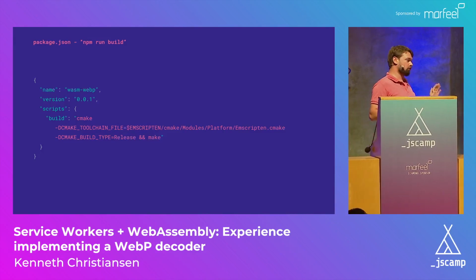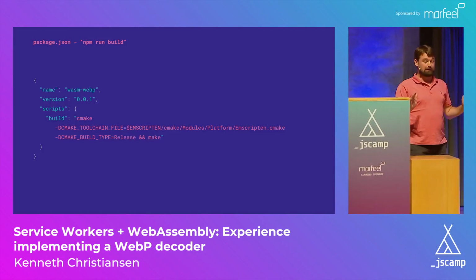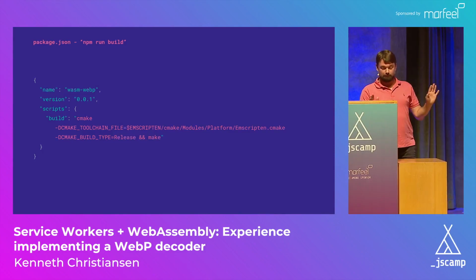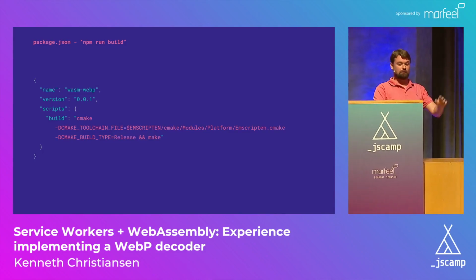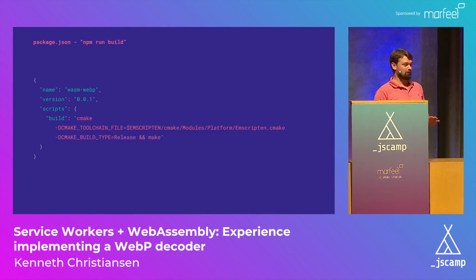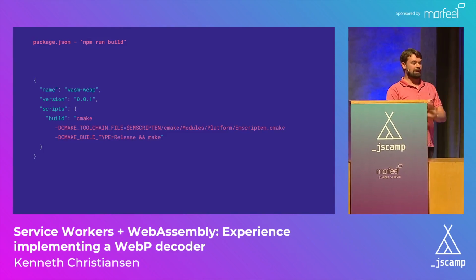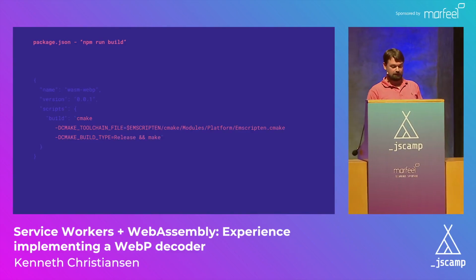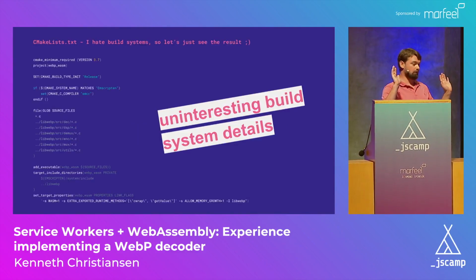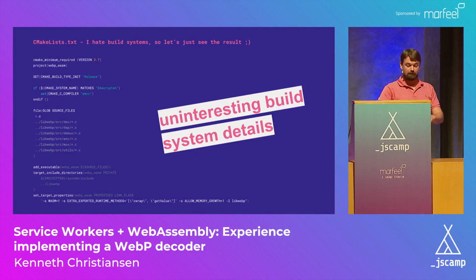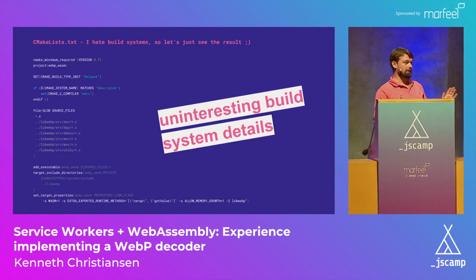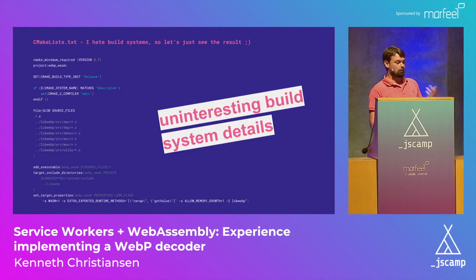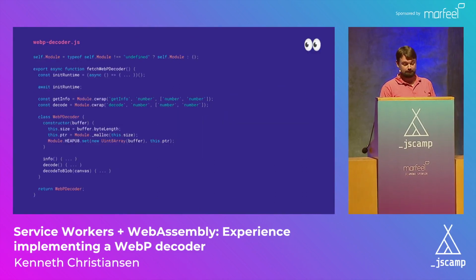In order to get all of this compiled, I really, really hate building tools, but I looked up and I found this called CMake, and I made it work. I just added that to my package.json file, so I could just run npm run build, and it just compiled for me. So this is actually how the file looked. I don't even remember how I did it, but it's actually not that complicated. So instead of using automake and all of these other systems, I really encourage people to try looking at CMake.